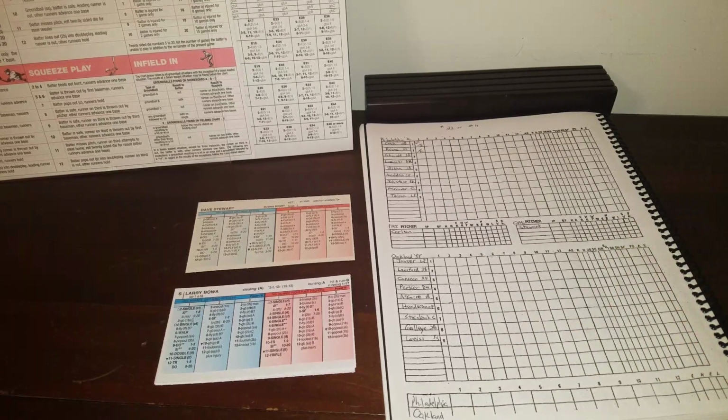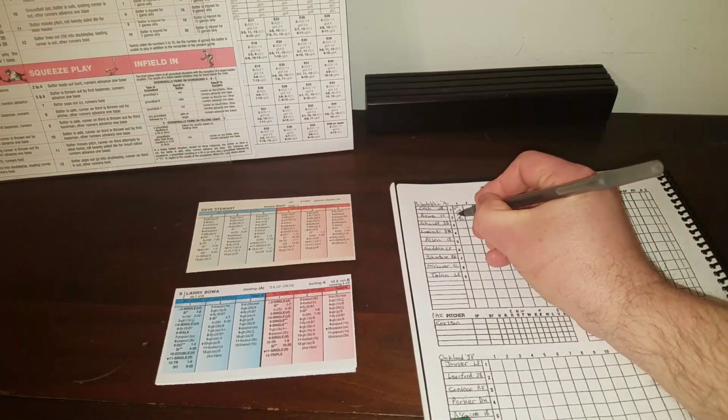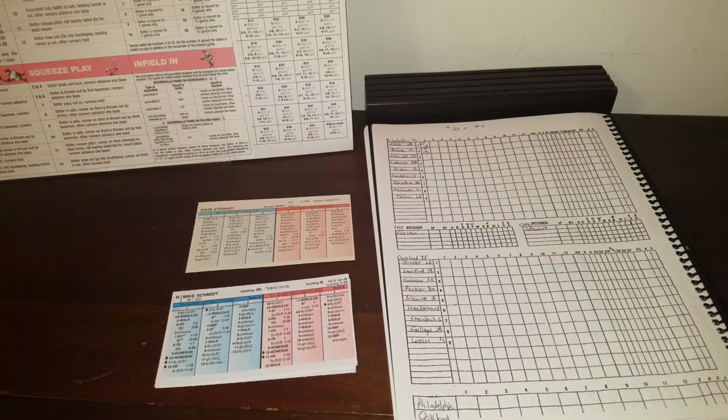So 1-12, and they're going to try to get him in scoring position. 1-12, Boa's going to take off. And it's an 8, and he makes it. So Larry Boa steals second base in front of Schmidt. So now the Phillies have something going. Boa, of course, will be held, and Schmidt, the batter,